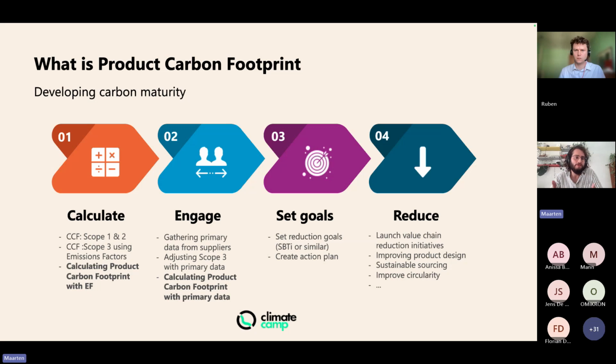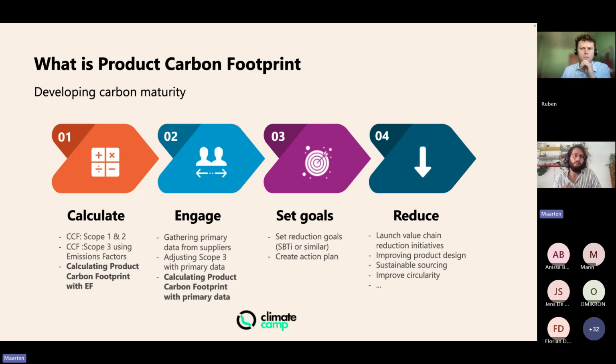Well, when we at ClimateCamp talk about developing carbon maturity, or becoming more carbon mature as a company, we always go through these 4 steps. For most companies, it all starts with calculation for scope 1 and 2, maybe doing some energy optimization related to scope 1 and 2, and then moving towards corporate carbon footprint, scope 3, using emission factors or industry averages. This is where most companies start out, and then you can directly start moving into calculating product carbon footprint using